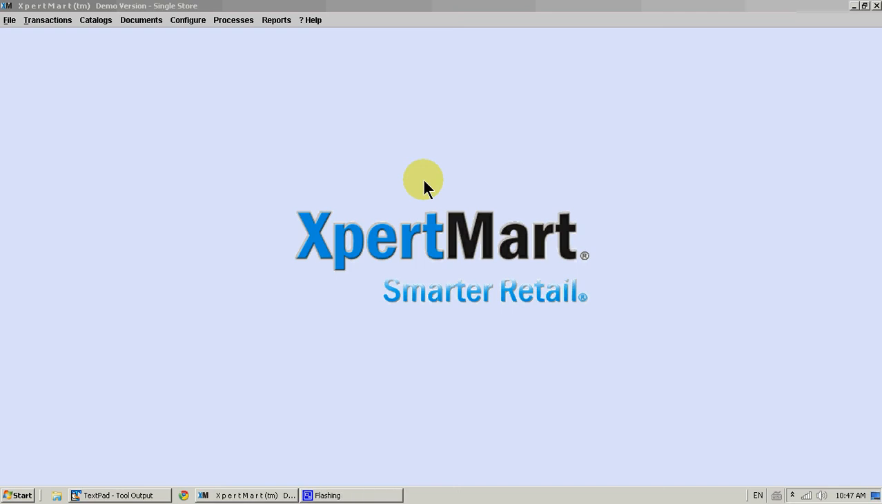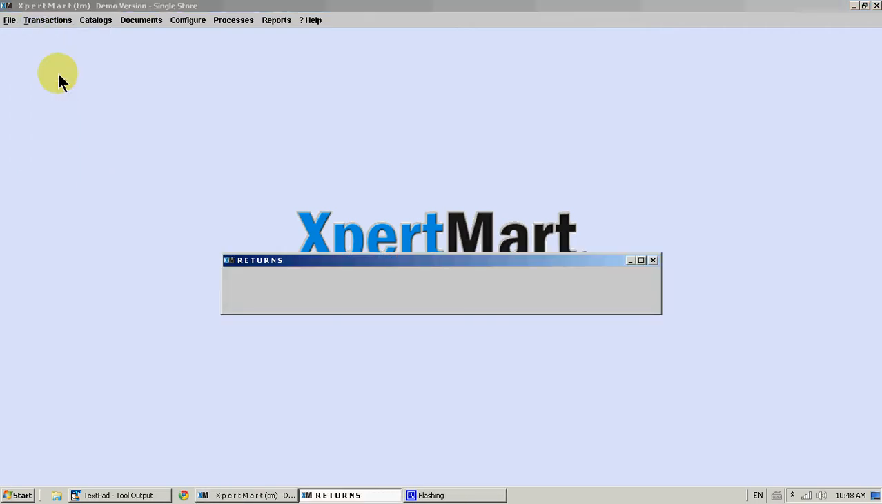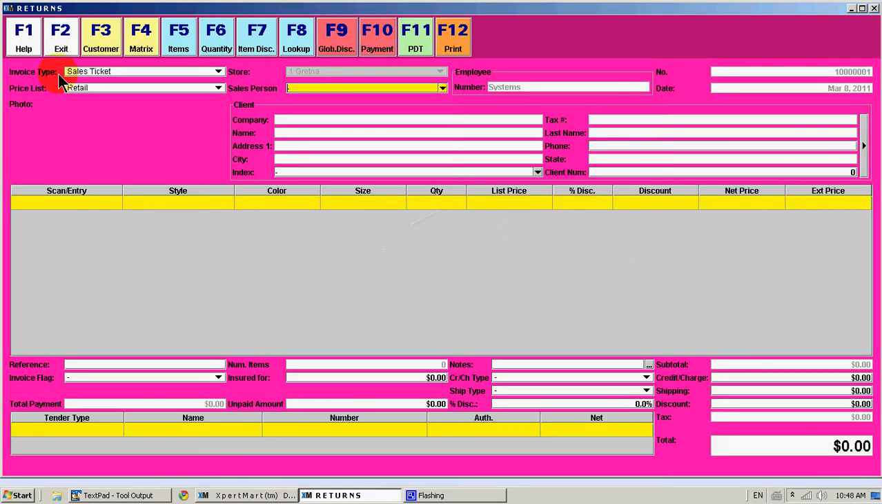The purpose of this video is to show you how in Expert Mart we can handle paid out amounts from the cash drawer. For this, we're going to go to transactions and returns. Normally, a return would be someone returning merchandise and we're giving them credit or money back. For that reason, we're going to use returns because this is money that's going out of the cash drawer, and